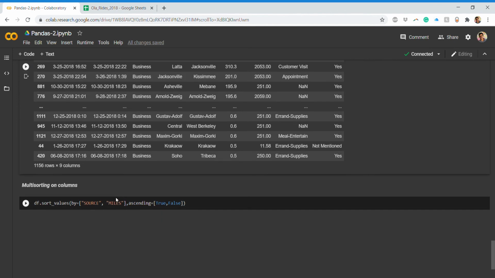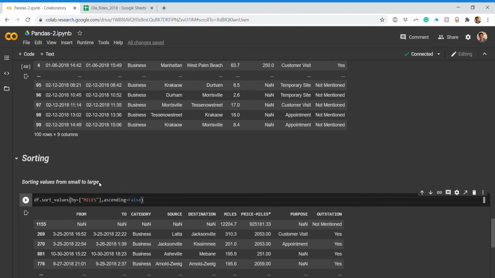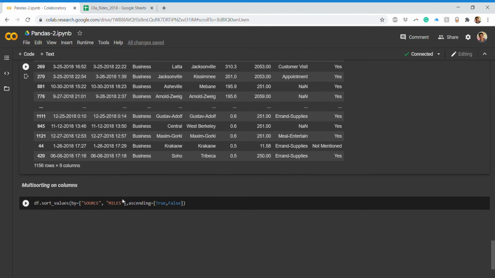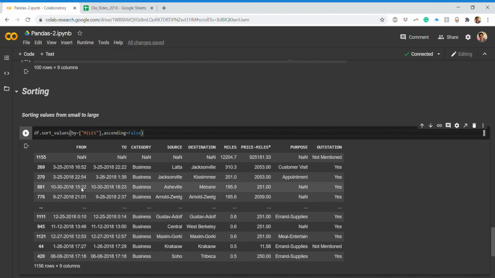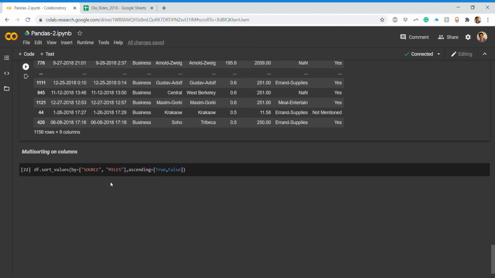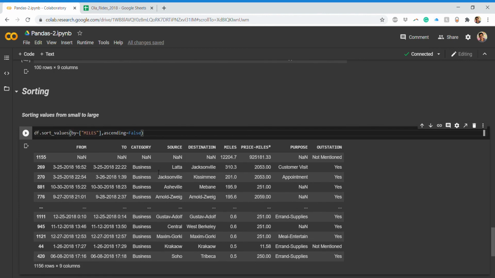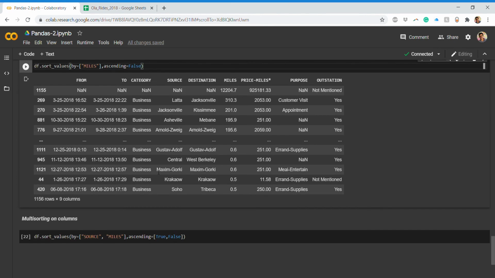Next, if you want to do multiple sorting on the columns, this was just with one column. If you want to do it with multiple columns, you basically pass a list over this, comma separated with one more column name, and you put ascending as true and false. It means one column you want to sort from smaller to large, and some column you want to sort in the reverse way.